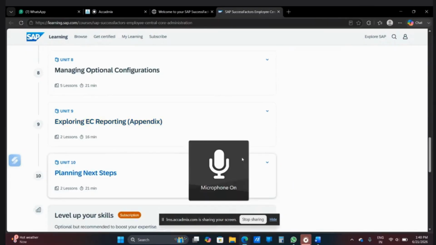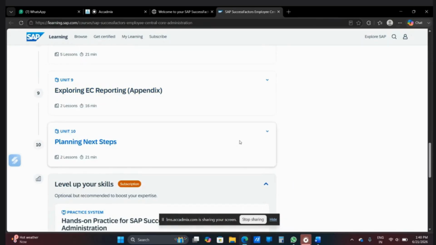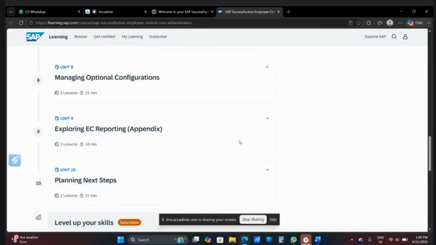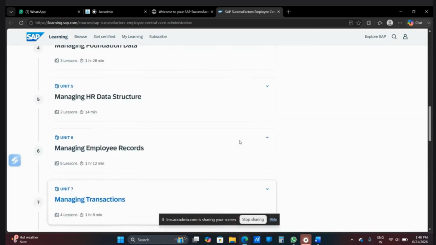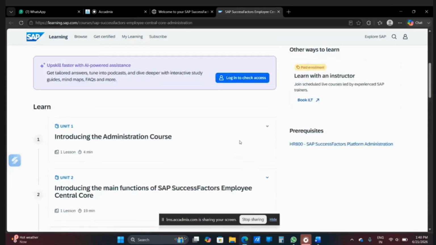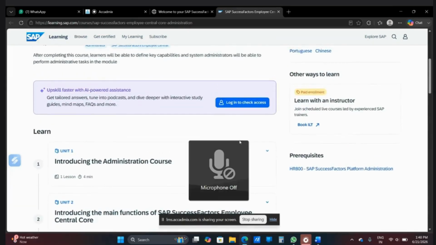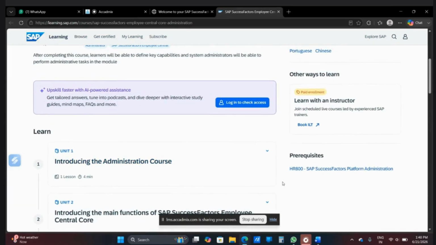Okay, so do I need to watch any videos, or do I need to read some modules? How can I इसमें learn that? So इसमें basically it's blended content. It has text, it has videos also, so you can refer to either of these. If you are short of time, you can refer to their videos, and someone who would really like to read instead of scrolling the reels can log in from their phone and read the content. So that's how you can do it.